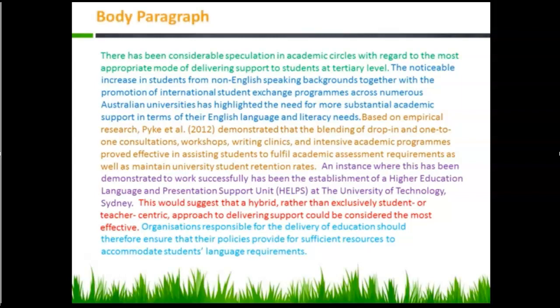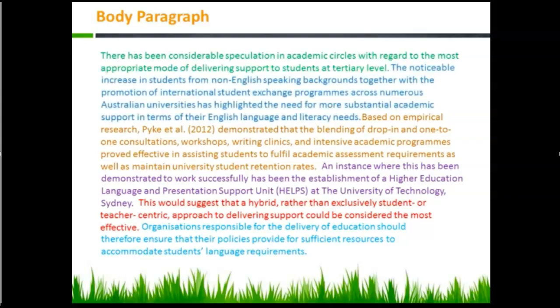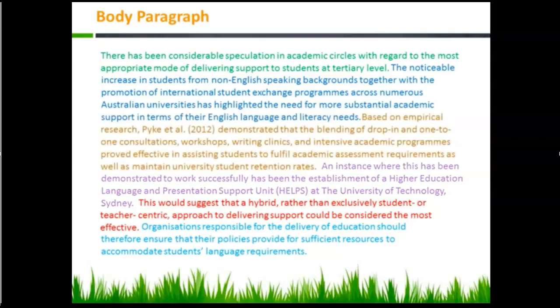Now let's try and identify the essential elements to a paragraph by looking at an example taken from our assignment question. If you like, you can pause this video to give you more time to read. You'll notice the first sentence is the topic sentence, which clearly states the theme of the paragraph. This is followed by the explanation or argument, and then substantiated through the integration of evidence and demonstration of examples. Notice that it is important to include some form of critical analysis or observation. Finally, your concluding statement should articulate your voice or opinion.